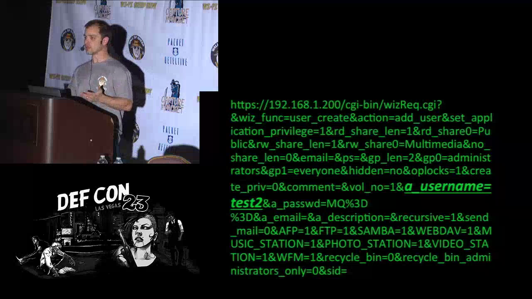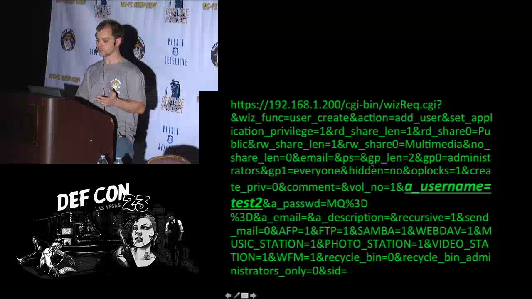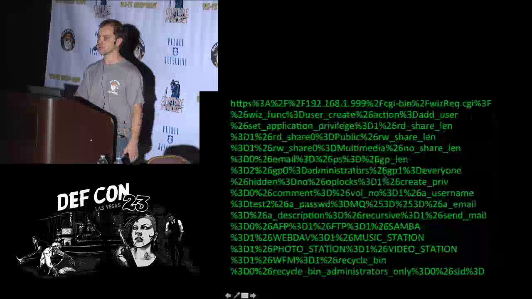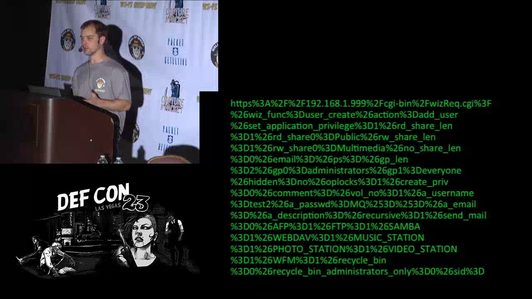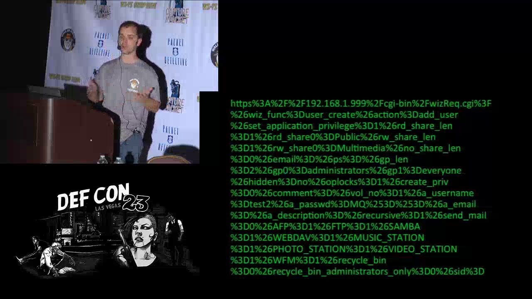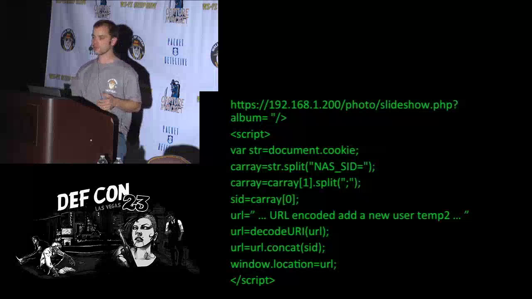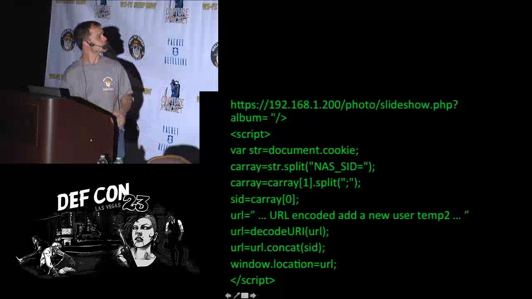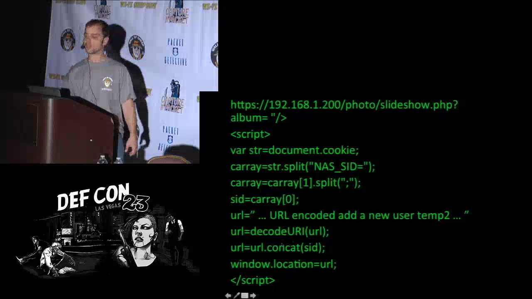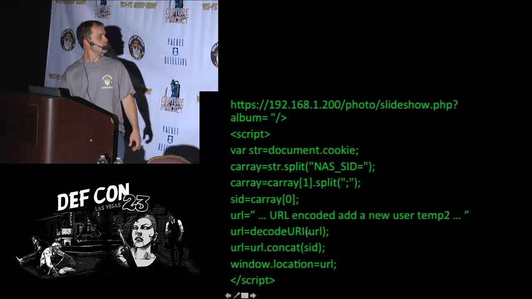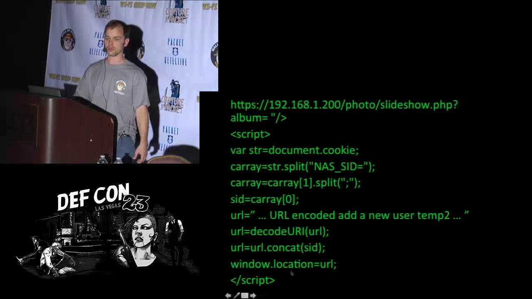When I added that into the JavaScript, it blew up because the URL started to parse these values. So I had to do a URI encoding. I encoded it so that the web browser wouldn't interpret it. And so this was the JavaScript that I had to add in. So we get over to the SID like we saw earlier. We add that URL, but this is the encoded URL. And when this runs, it's going to decode the URL. We're going to add the SID to the end of it, and then we're going to change the window location.